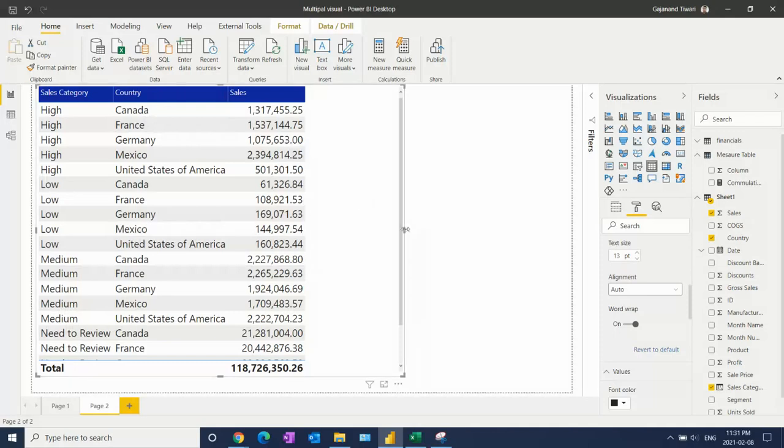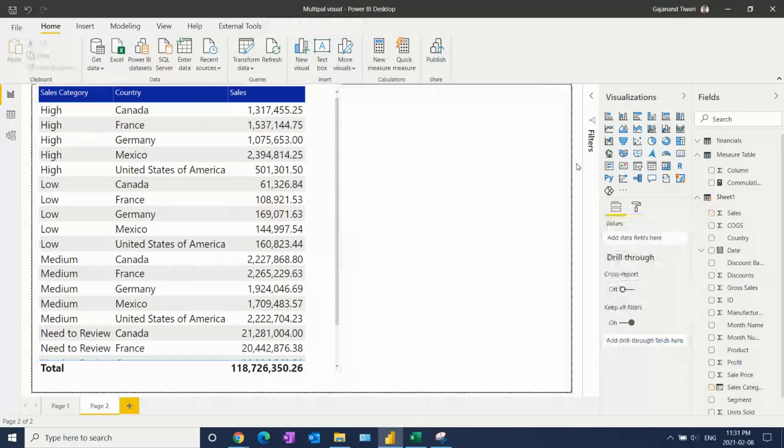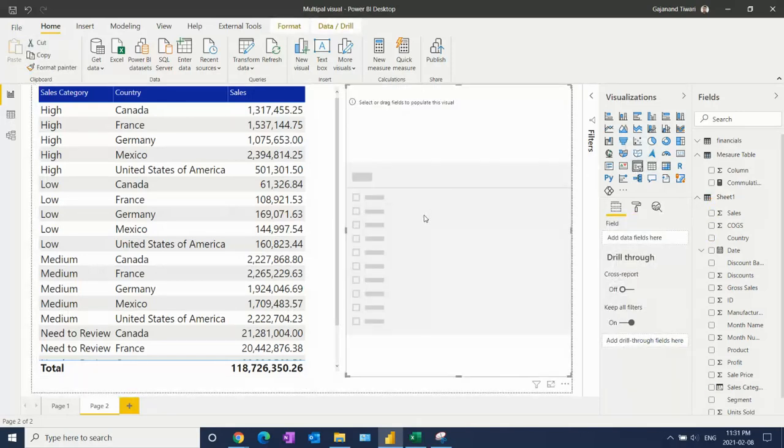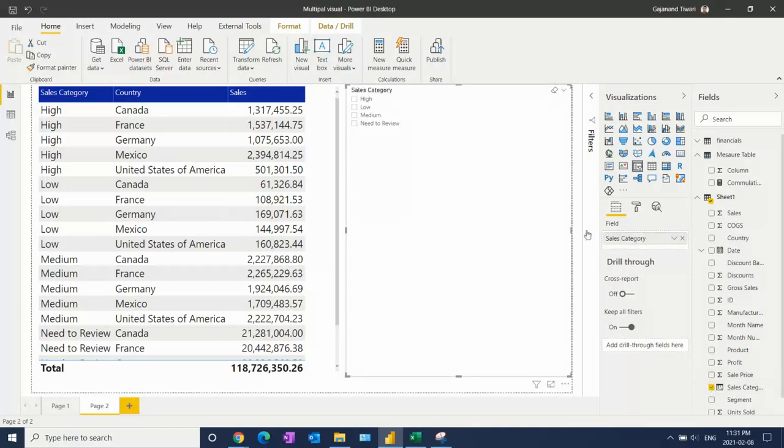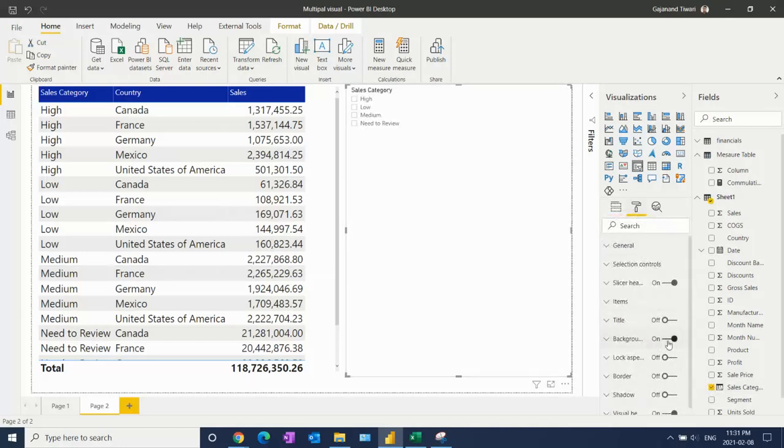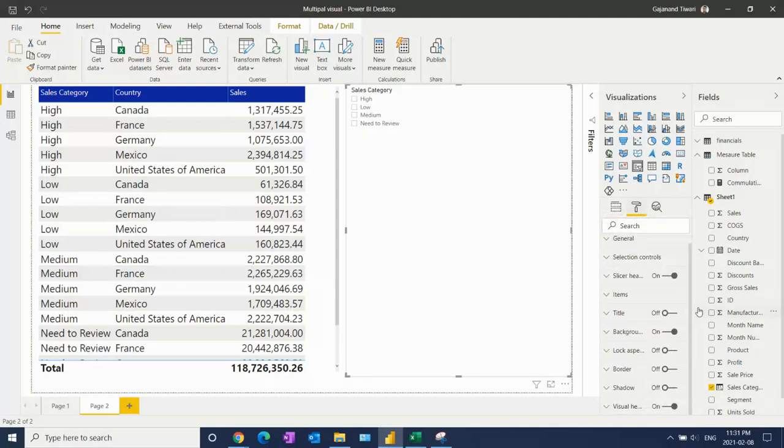Now I want to give a slicer here so that I can filter whatever I need, because the customer says, no, I want to see the filter as well. So we cannot say no, we have to implement that. For this you can select that, and after that go to the slicer control. It's not good to give the customer the select all control, since we have the option, so we can select that.